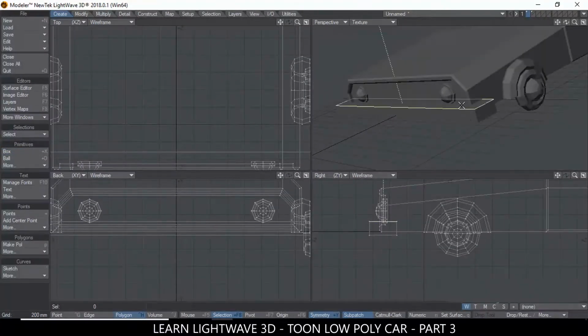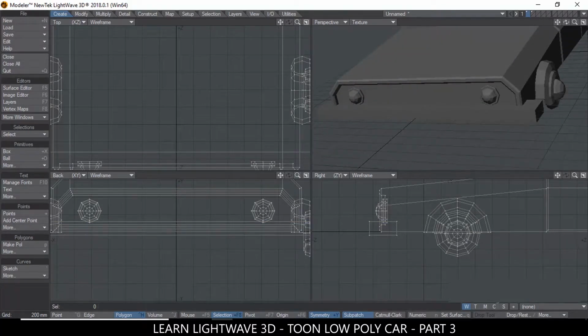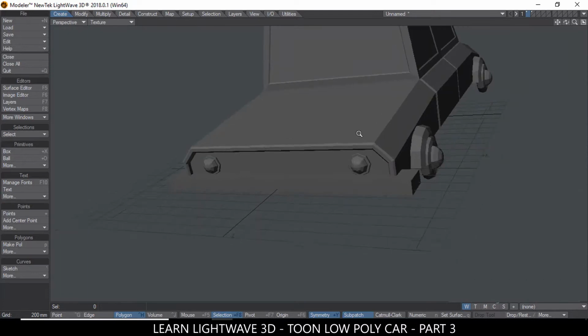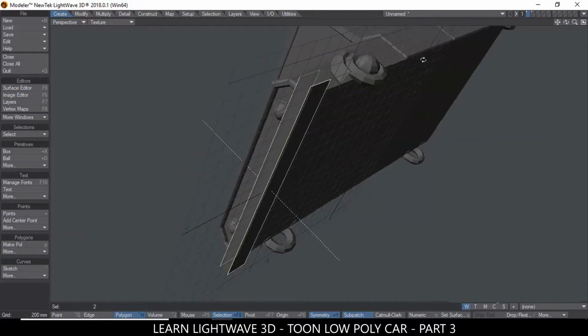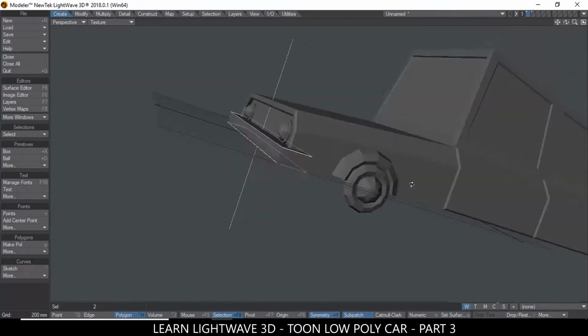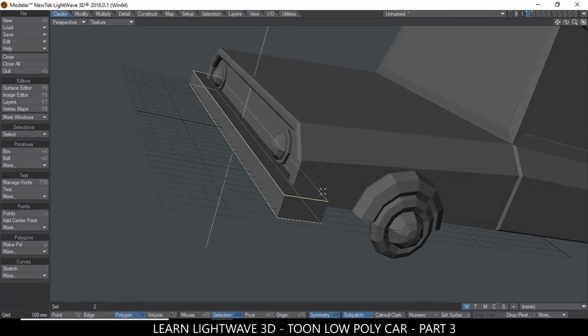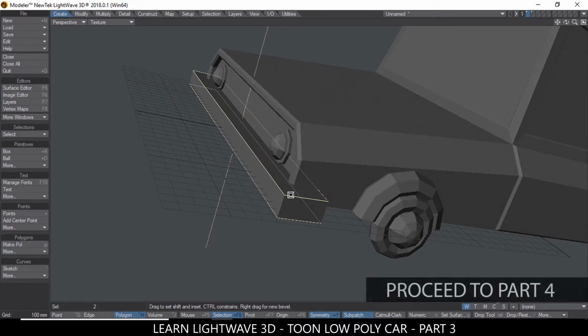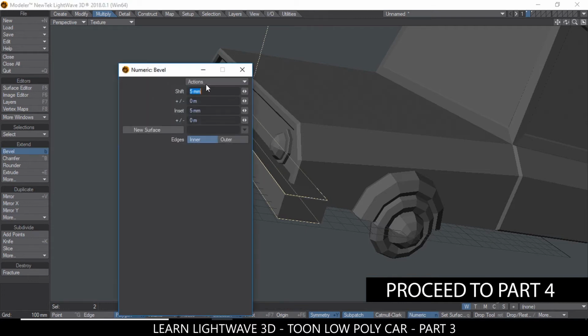So the next thing is to bevel this, because as you can see now, you can barely see it. So let me enlarge this view. Let me click the top and the bottom, and I could use the bevel to create a line here. So let me hit B for bevel. However, I do like the multi-shift better. Anyway, let's use the bevel. N for numeric,